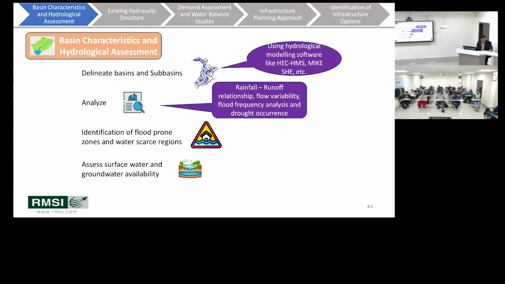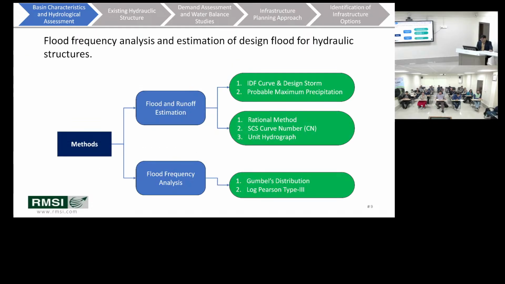You should assess groundwater availability, then surface water availability, then perform flood frequency analysis. Once you have collected all the data, your objective should be: I am planning to design a check dam, so what would be the return period for which you are planning to design? There are different methods of flood frequency analysis; you can consider the time series data,